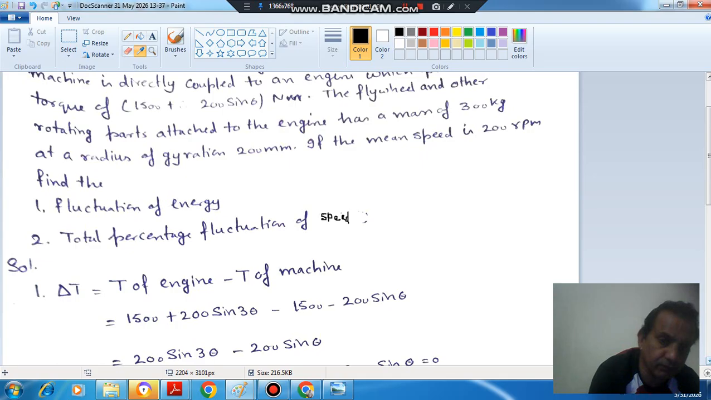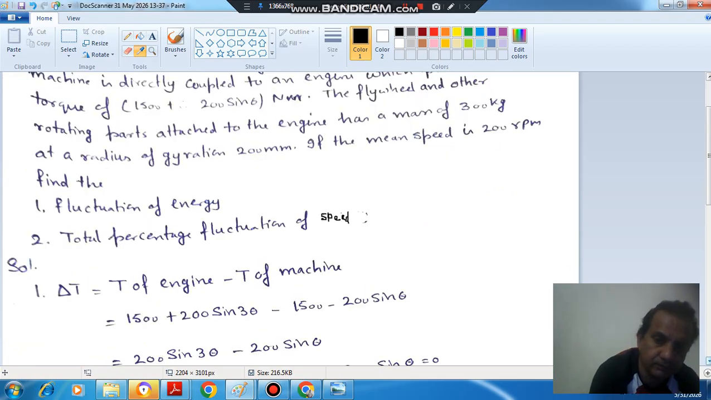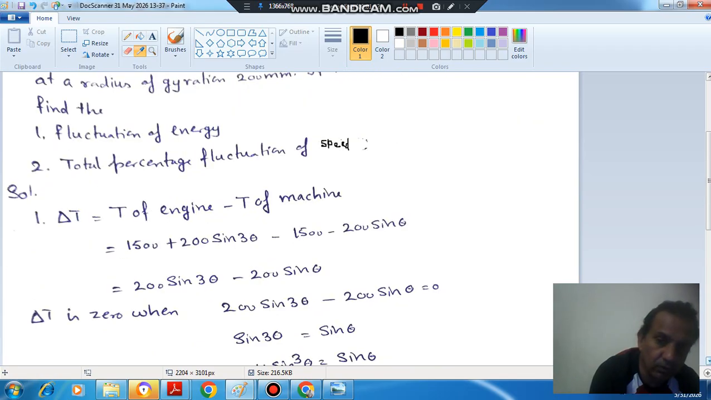So here, first of all, we find out the expression for delta T. Delta T is T of engine minus T of machine. So the input is this and the output is this. So the expression for variable or excess torque is 200 sin 3θ minus 200 sin θ. So this excess torque will be 0 when we put it equal to 0. Then